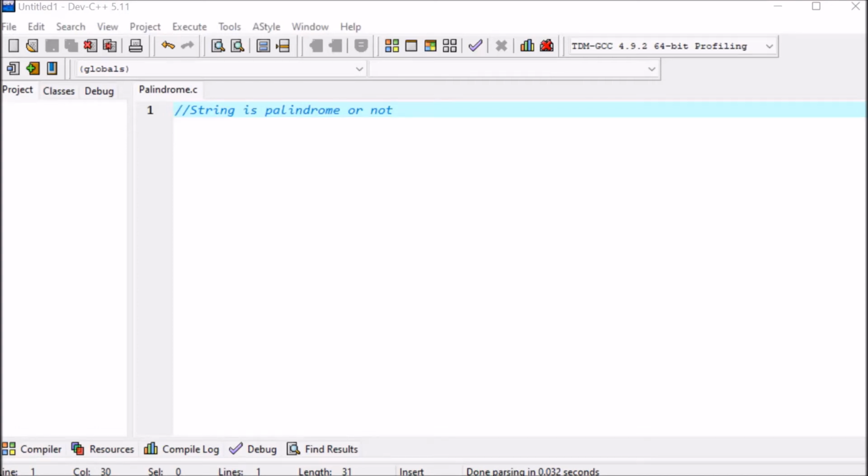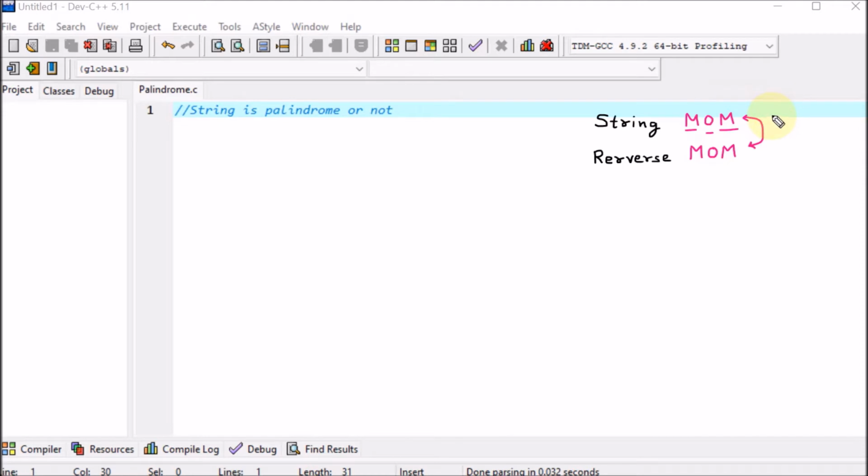Okay, everyone. So now we are making the program of whether a string is palindrome or not. Let us suppose I am taking an example here. If I am entering a string, let's say, MOM, now if I reverse this, you know that the last letter is M, so I make it first. Then afterwards, second is O, I am making it O. Then again, the first letter I am going to the last. So here you can see that if I reverse this string, then they both are same.